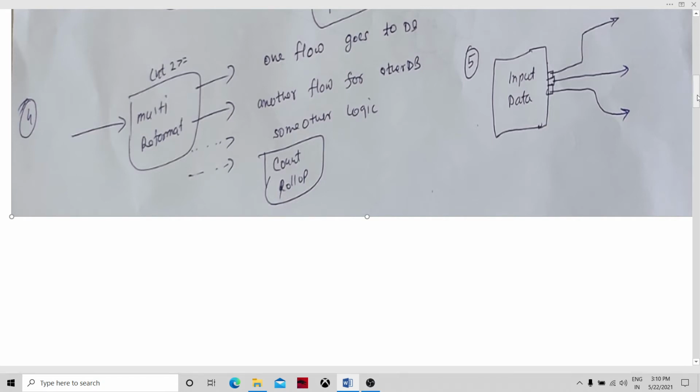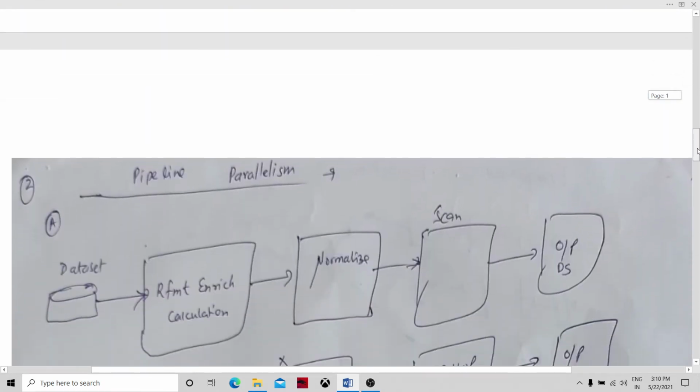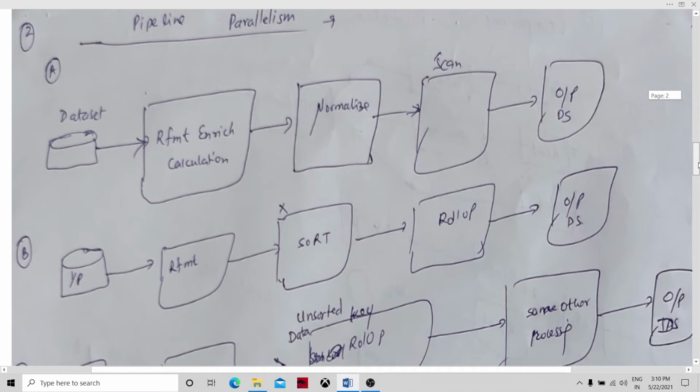So let's talk about another kind of parallelism in Ab Initio, which is called pipeline parallelism. Pipeline parallelism occurs when several connected program components, we are going to see these in examples afterwards, on the same branch of a graph execute simultaneously.